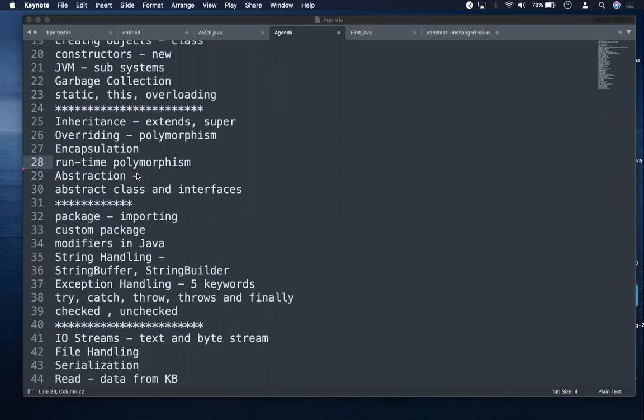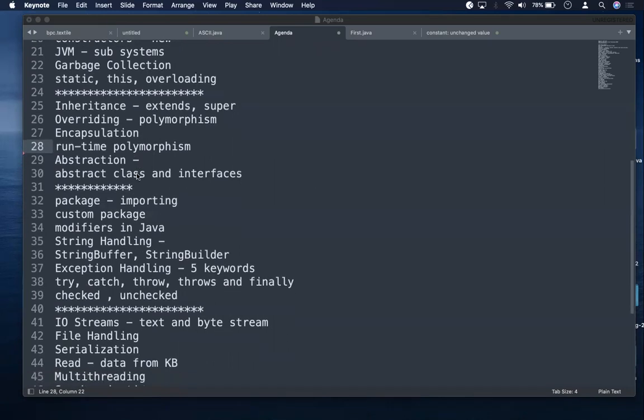Then of course encapsulation, so writing fully encapsulated classes, then runtime polymorphism, and later we move to the abstraction principle. Then what are abstract classes, what are interfaces, and the differences and implementations of interfaces. So all those details will be covered. So later we move to